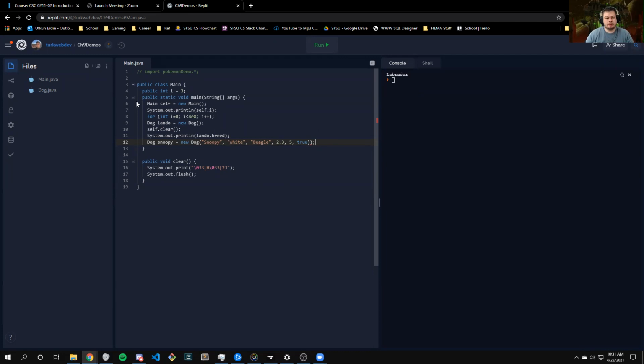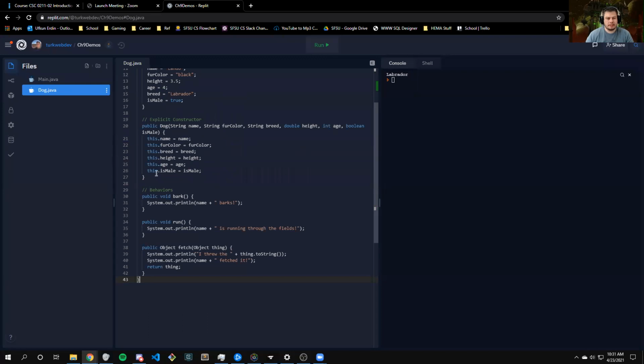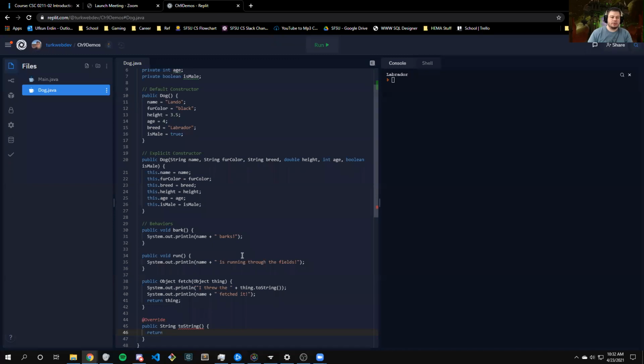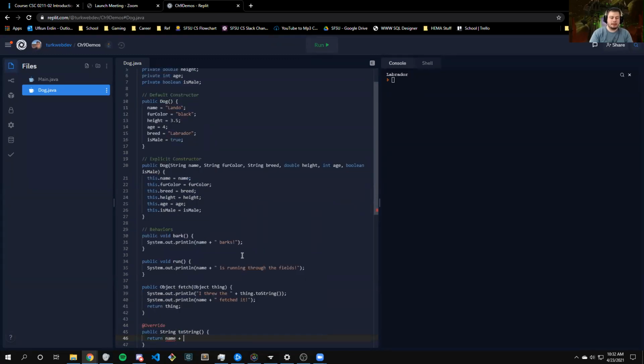And in fact, what I'm going to do is create a new behavior. There is a method that exists in all objects in Java called toString that formats the representation of that object as a string. There is a default one, so we're going to override the default implementation of public String toString. What I'm going to do here is return a string that is name